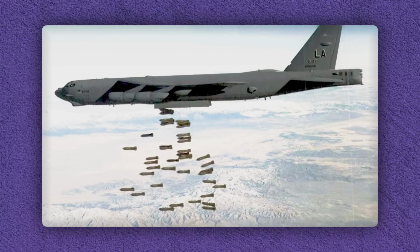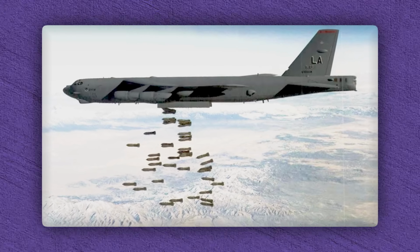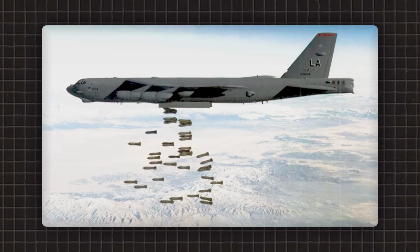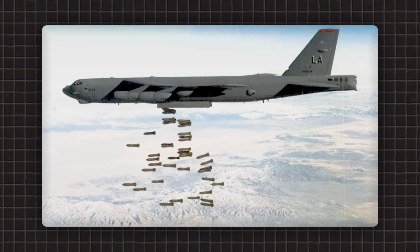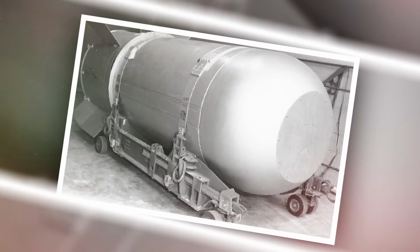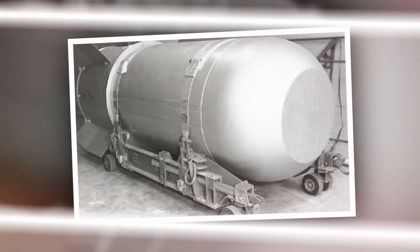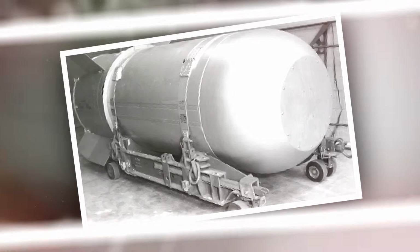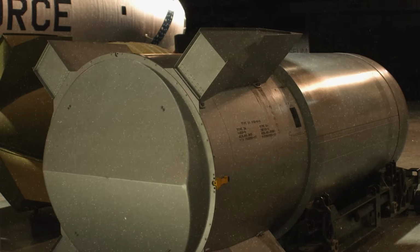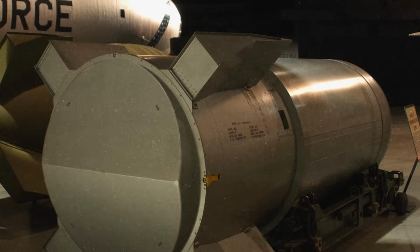Carried aboard strategic aircraft such as the renowned B-52 bomber, it stood as a powerful symbol of American deterrence, clearly communicating strength and resolve to potential adversaries, particularly the Soviet Union. After serving for decades, the B-53 was retired from active duty in 1997, replaced by more compact and efficient nuclear weapons. The final B-53 bomb was dismantled in 2011, representing a significant step toward nuclear arms reduction and symbolizing changing